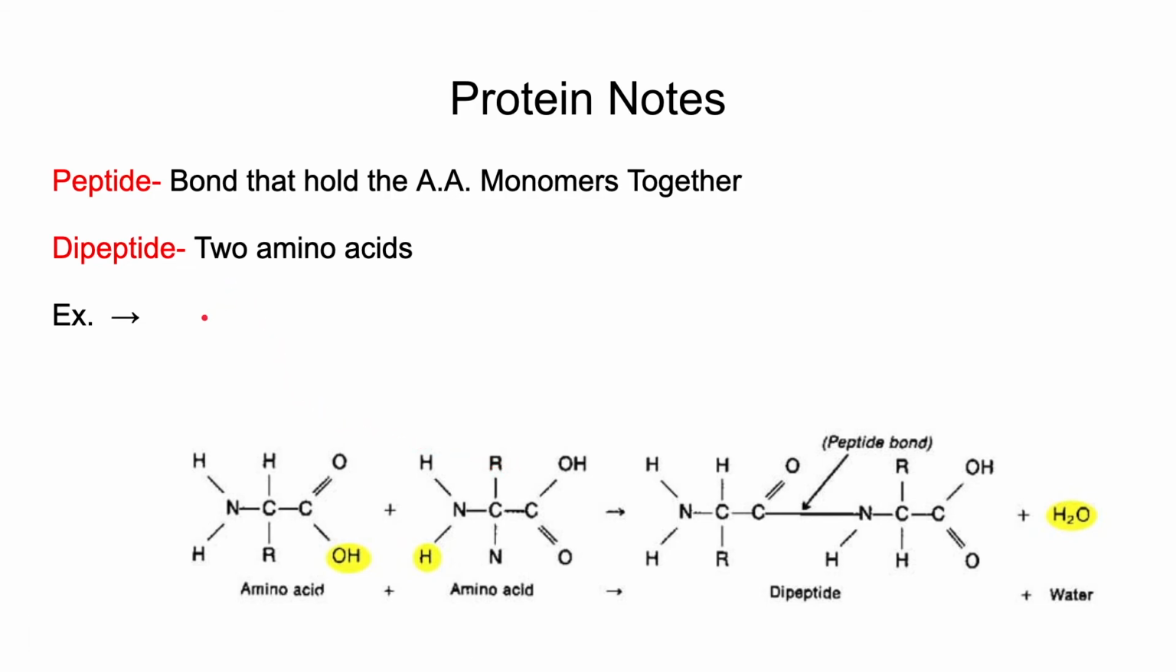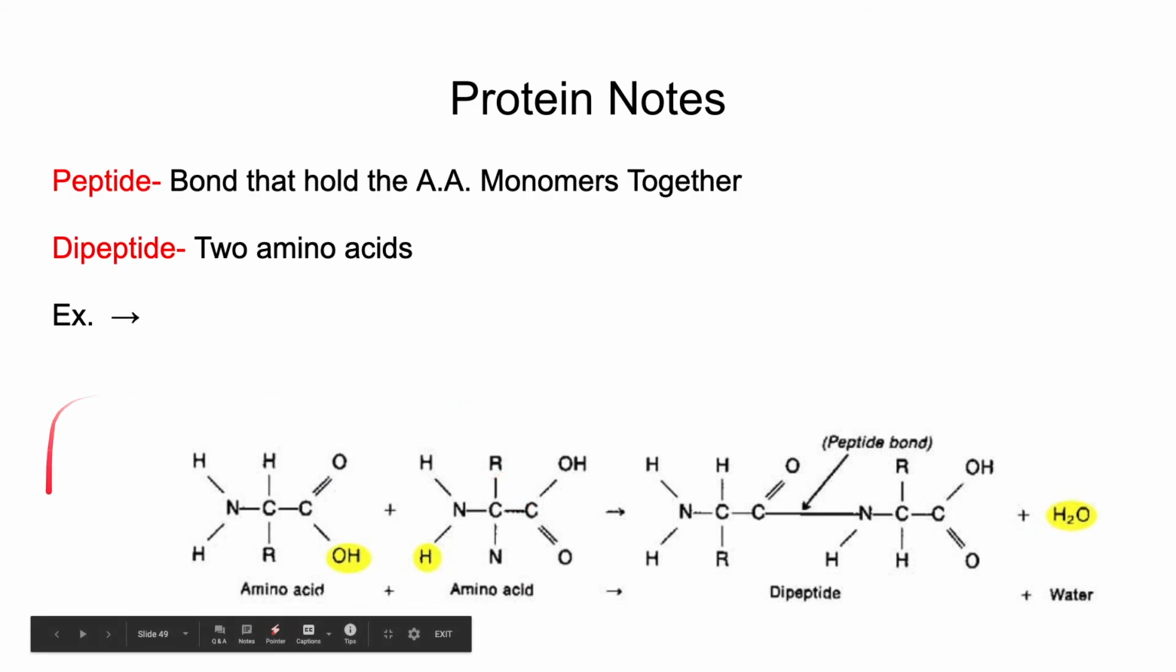But when we want to make a dipeptide, or if we want to link lots of amino acids together to make a big structure, so take our monomers and turn it into a polymer, we're going to use the exact same process that we've been using, and that is dehydration synthesis, where you take